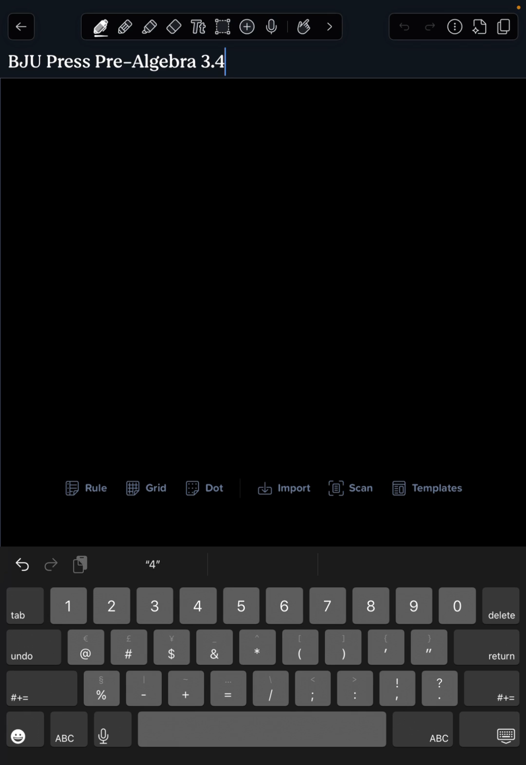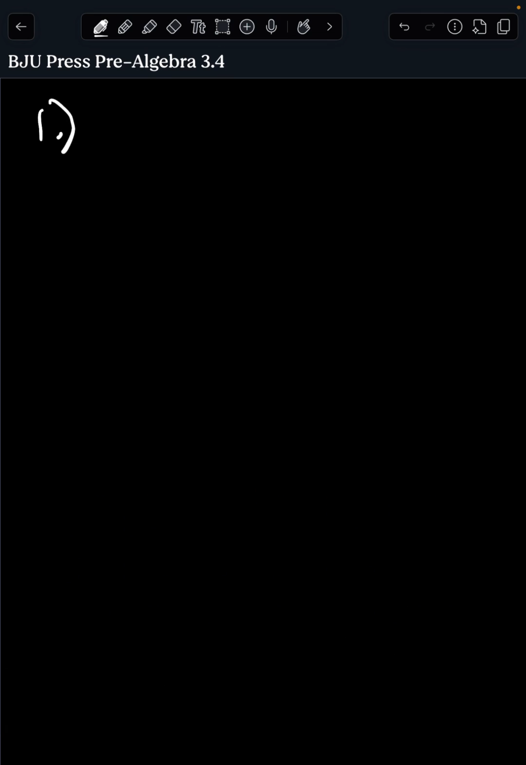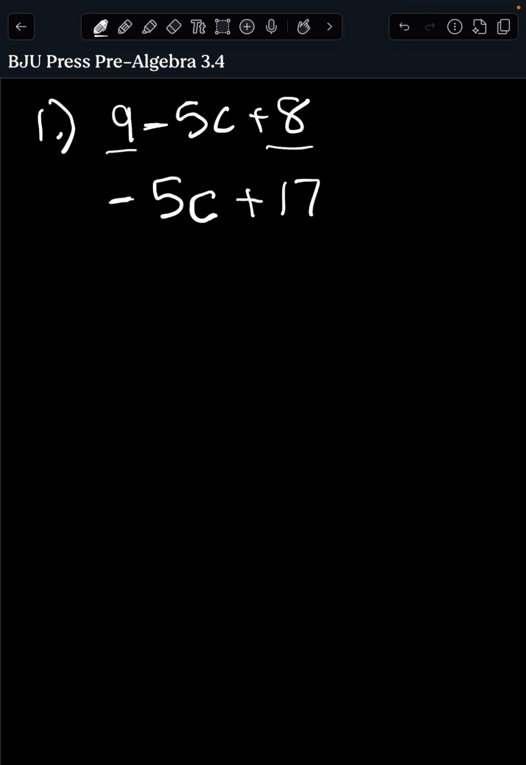All right, number 1, simplify each expression. So we have 9 minus 5c plus 8. This is just a little bit of a review back to like terms. Like terms here would be our constants. We've got a 9 and an 8. The minus 5c is going to be by itself. And remember, we always write the things with the variables first, and then we write the constants at the end. So notice that the sign in front goes with it. So I'm going to keep that minus 5c, and then I'm going to add the 9 and the 8 to